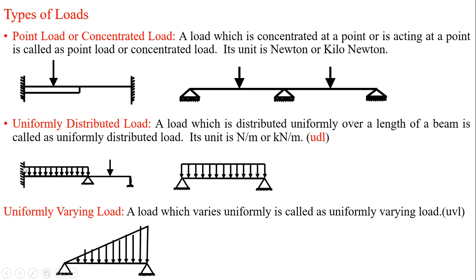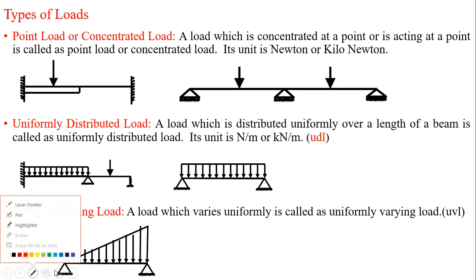Now here in this figure a support is shown, and the load shown as a square box with arrows acting in the downward direction, we call a uniformly distributed load, a load which is uniformly distributed on this span L. And here this is a load which is acting at a single point, that is a point load. Similarly in the second figure, on the whole span L a load is shown which is distributed uniformly, called a uniformly distributed load.